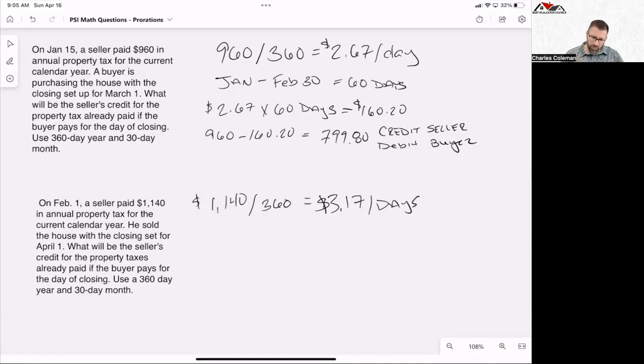So then what we're going to do is we have January to March 30th. And that is 90 days. Awesome. So now we know that we're going to have to take the dollars per day, which is $3.17, and we're going to multiply that by the days that the seller is in the home. And that is going to give us